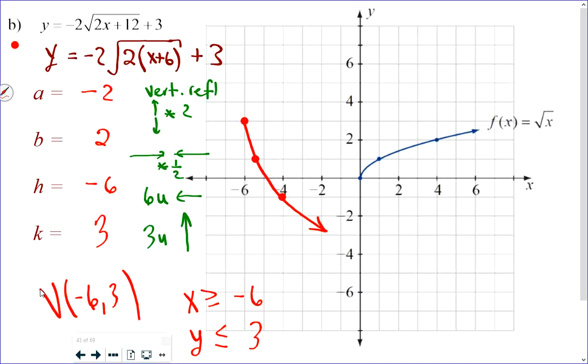Is the domain x is greater than or equal to negative 6? Yes. Is the range y is less than or equal to 3? Yes. And what I am getting at is I think you should be able to come up with the domain and range and the vertex without actually graphing it. And this becomes important because on an exam,